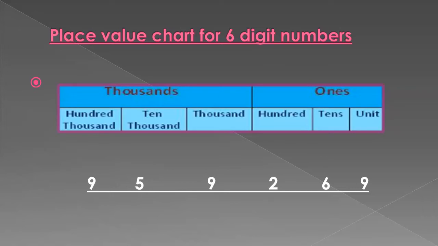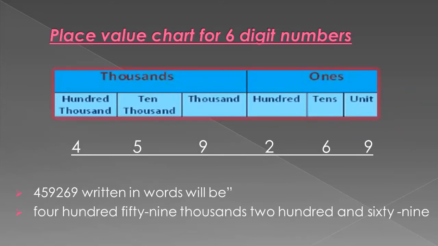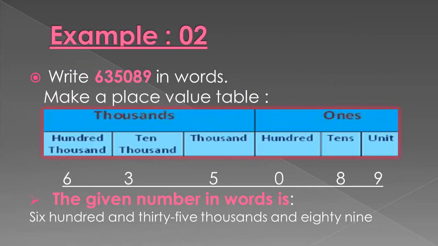So this number is read as 459,269. Now we take more examples. Here is a question for you. Write 635089 in words. First of all, make a place value table, then place the values, and then we write the given number in words like